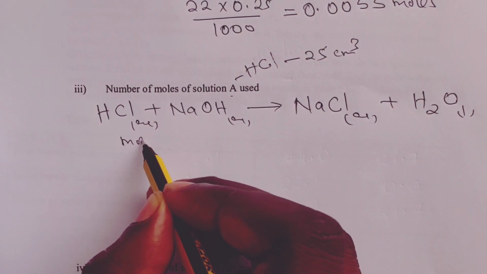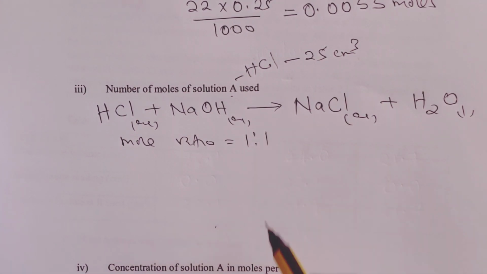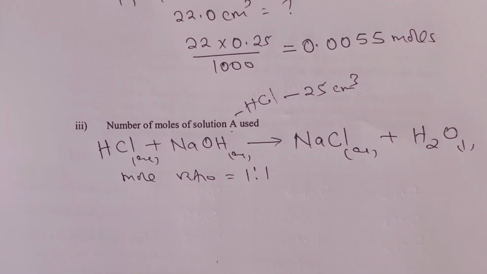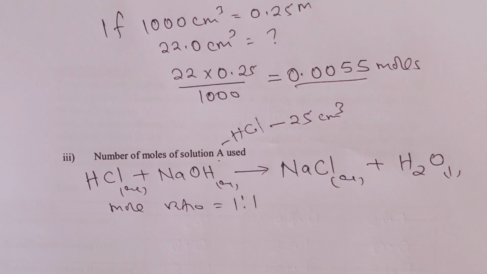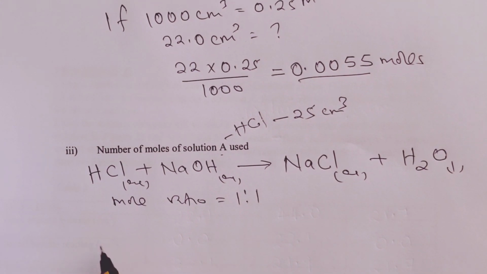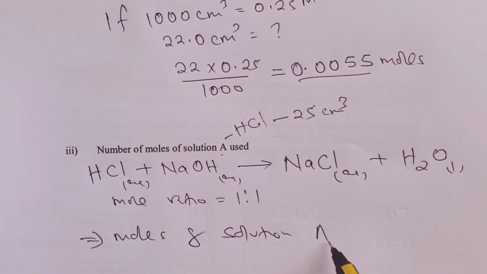From here, the equation is balanced, and we can see that the mole ratio is 1:1. So it therefore means if we used 0.0055 moles of sodium hydroxide, then we also used the same number of moles for solution A, and that would be 0.0055